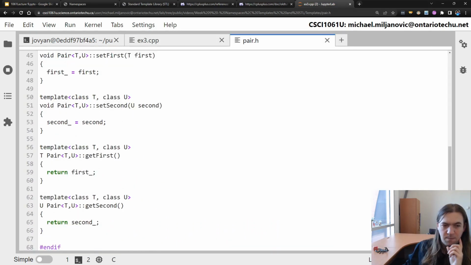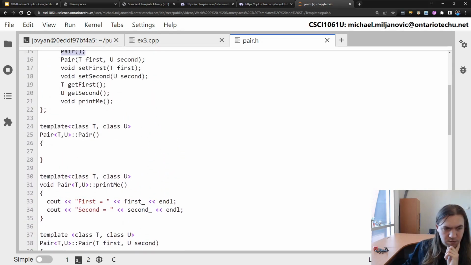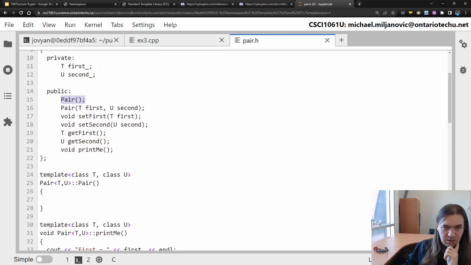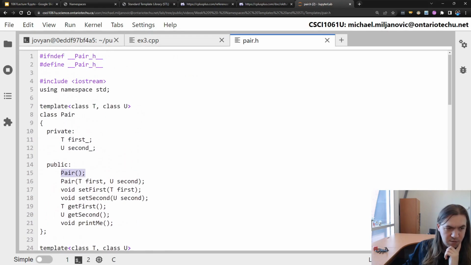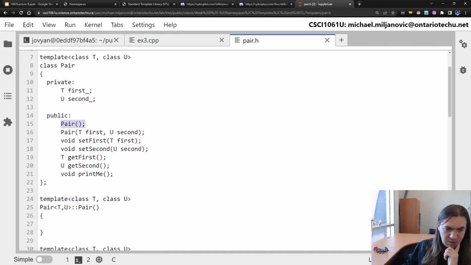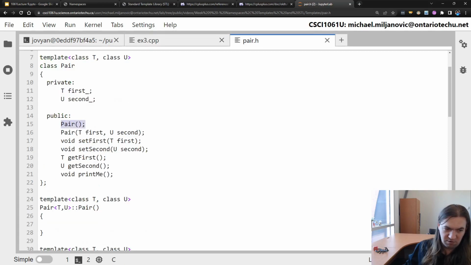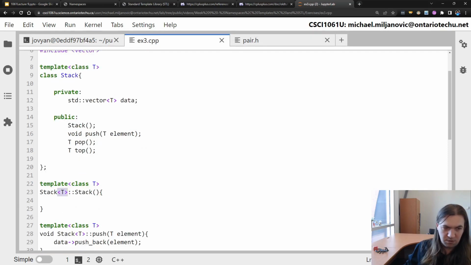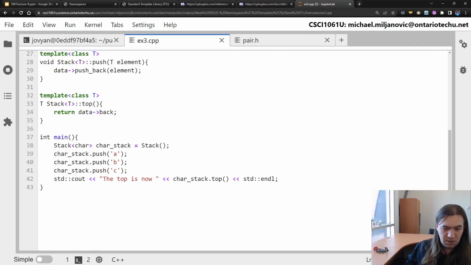Why is it upset? Yeah, it's got class T in it. This is a constructor. So this would be Stack<T>::Stack, which is what it says over here. Stack<T>::Stack. No return type, right? No. Open, close. And in the main,